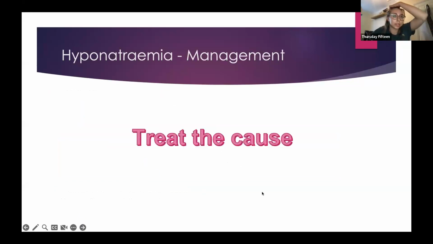Just going on to treating the cause now. This is really simple. Does the patient have a low sodium because they're dry? Then you rehydrate them. Does the patient have a low sodium because they have SIADH? Then we need to establish what the cause of SIADH is. Is it a drug? Is it an infection? Find the cancer? Just treat the cause of the SIADH and that will correct the sodium. Does the patient have a low sodium because they're hypothyroid? Give them thyroxine. Have they got a low intake of salt? Then maybe refer them to dietitians. Are they overloaded? We need to offload them. Have they got HHS? Do we need to put them on some kind of sliding scale?